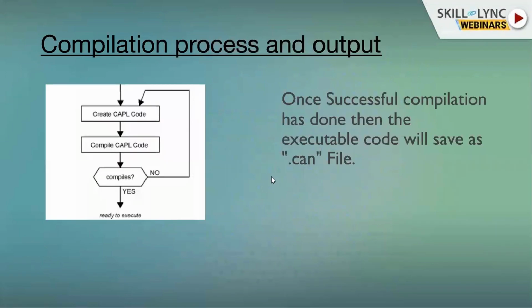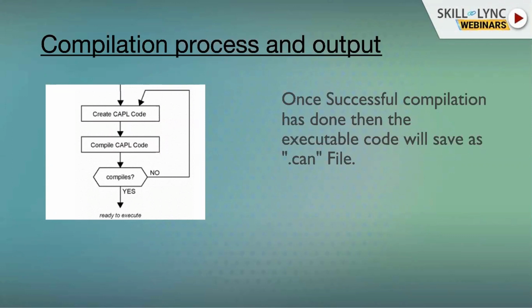So this is how our compilation process is taken care of. You have to create a CAPL code and compile it. If the compile succeeds, it is ready to execute. If not, you need to correct your errors and compile your code again. Then only will it allow you to run the CAPL program in your CANalyzer.